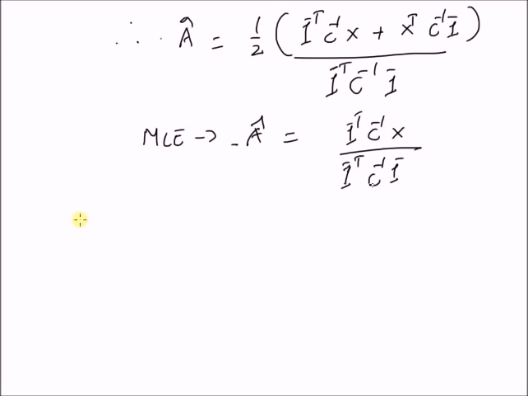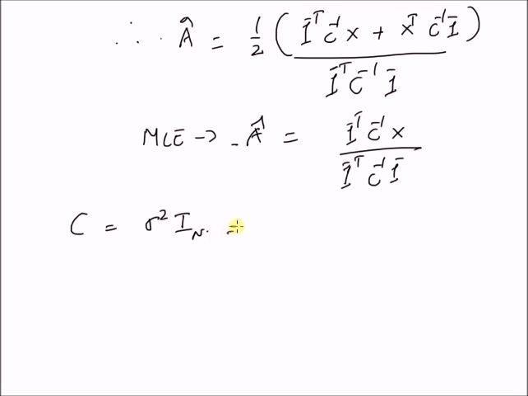Clearly, we can notice that when the covariance matrix C is equal to a diagonal matrix with constant variance, that is C equal to sigma square times the identity matrix I n, with the number of terms equal to n,